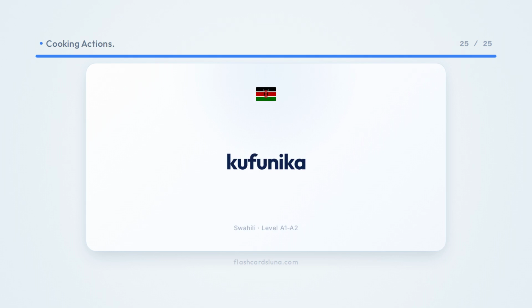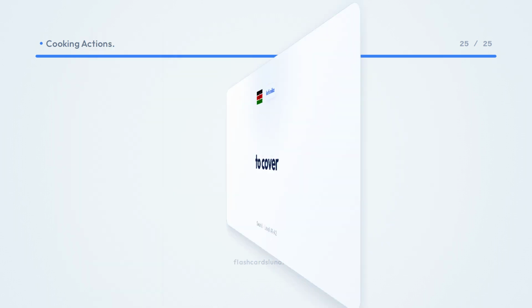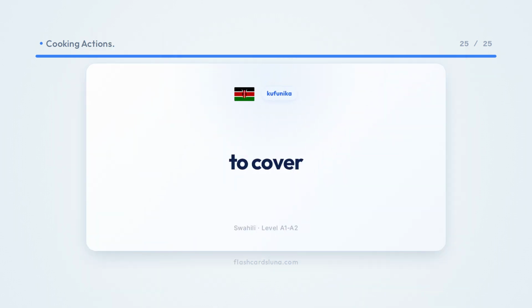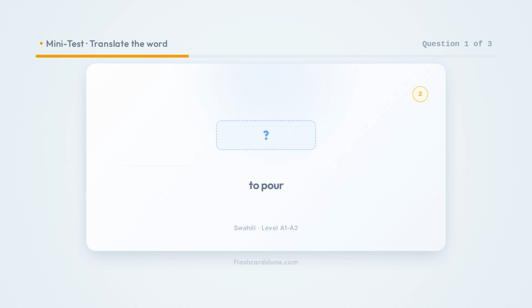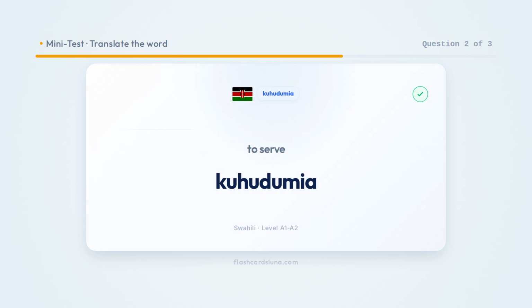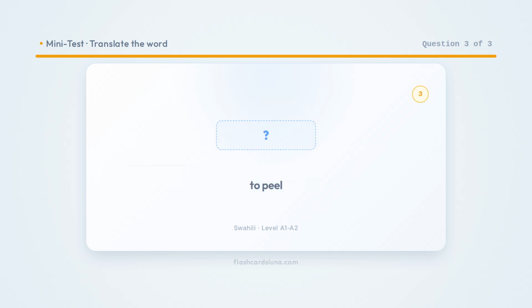Kufunika. To cover. Kumimina. Kuhudumia. Kumenya.